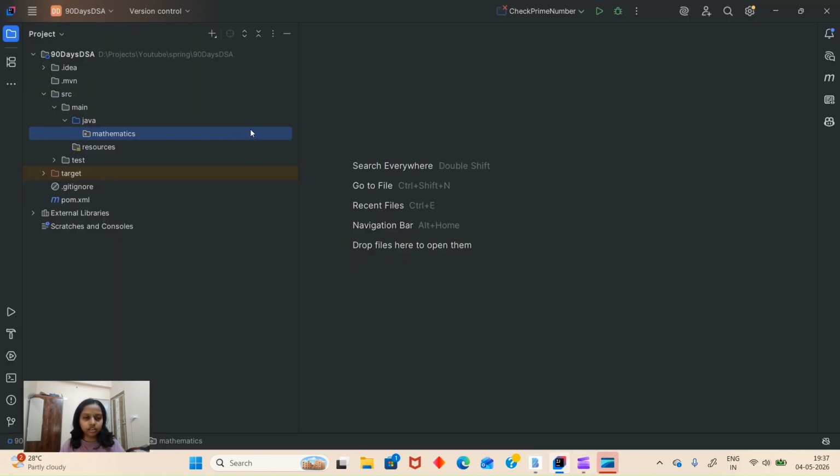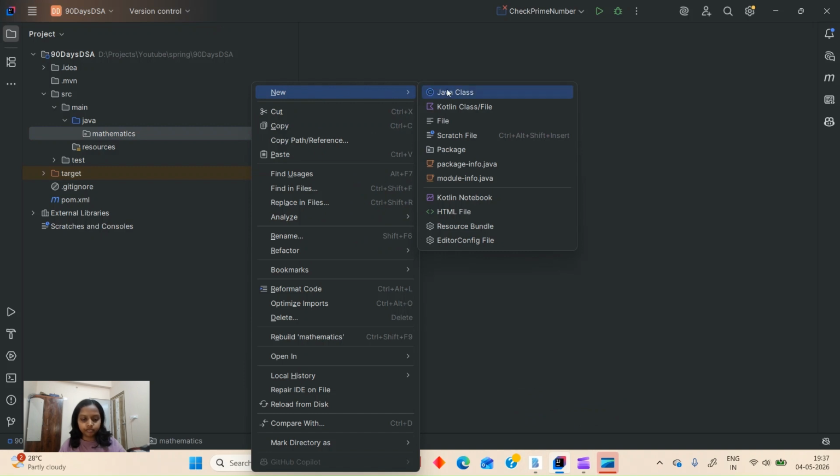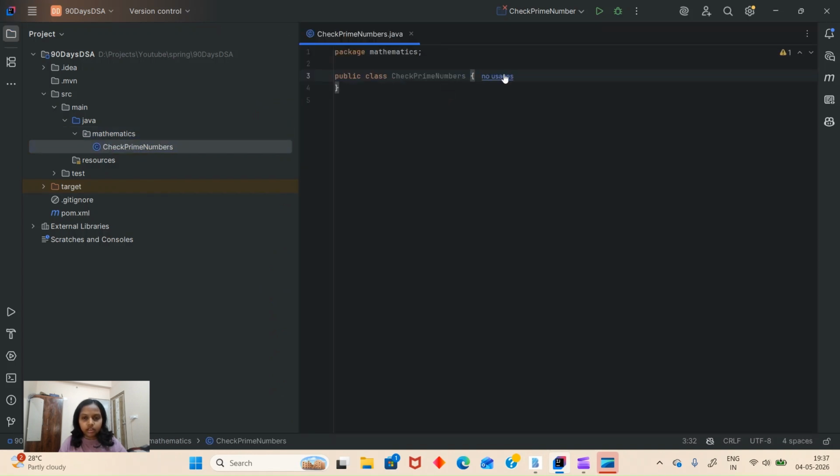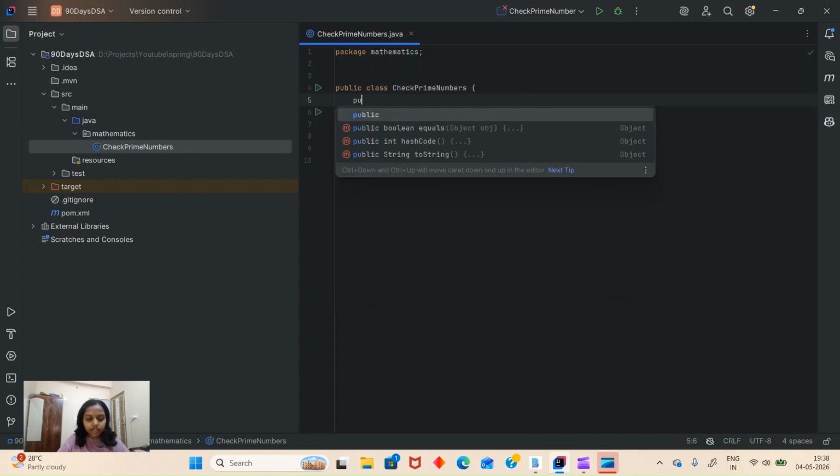We will create one file, let's say check prime numbers. There will be one main method, and inside we'll write methods.